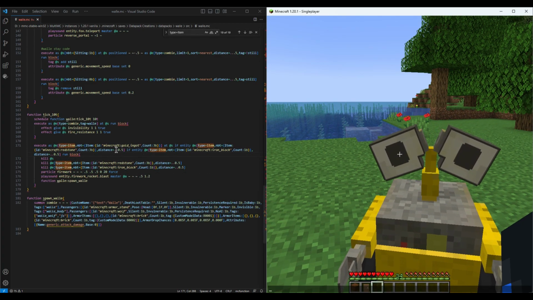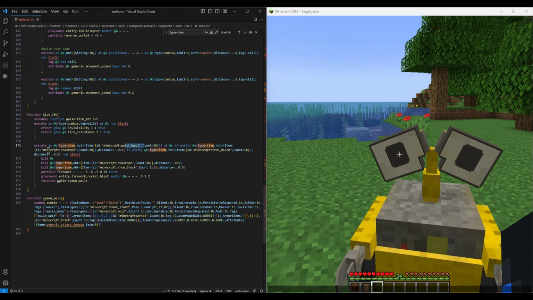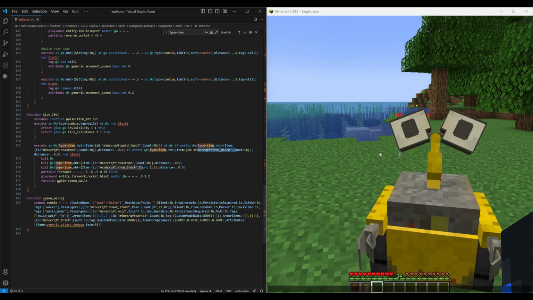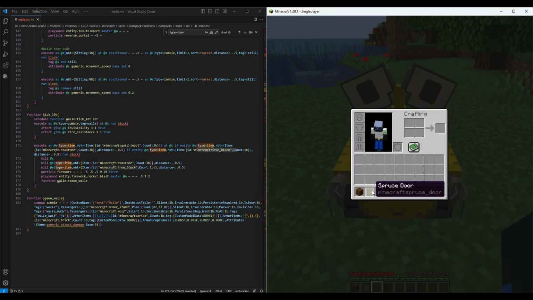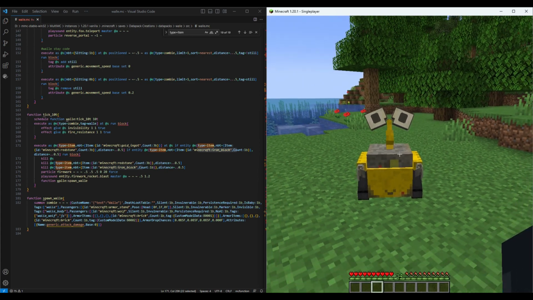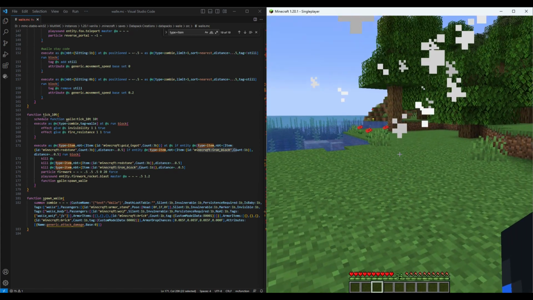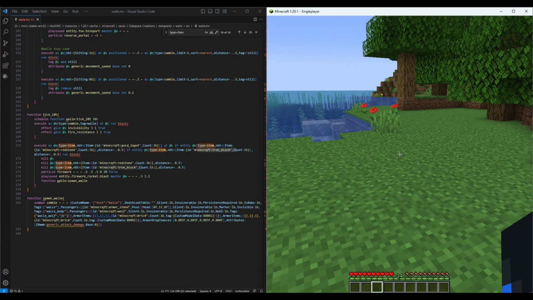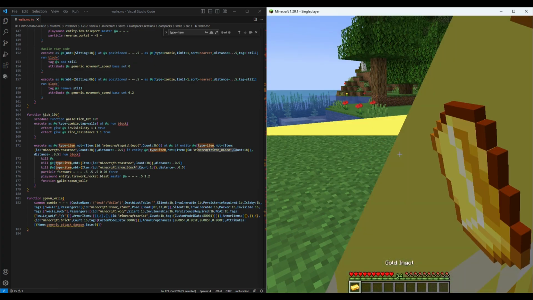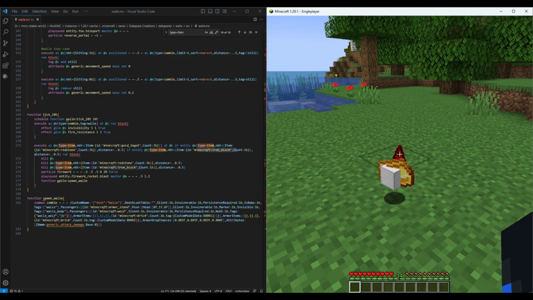Alright, now that was super easy. All we have is 3 gold ingots, 3 redstone, and 1 iron block. So I'm going to kill off this Walle. I should actually make a way to remove Walle, shouldn't I? Well, I killed off that Walle. Now we're going to try this. So, 1 iron block, 3 redstone, and 3 gold ingots. Should turn into